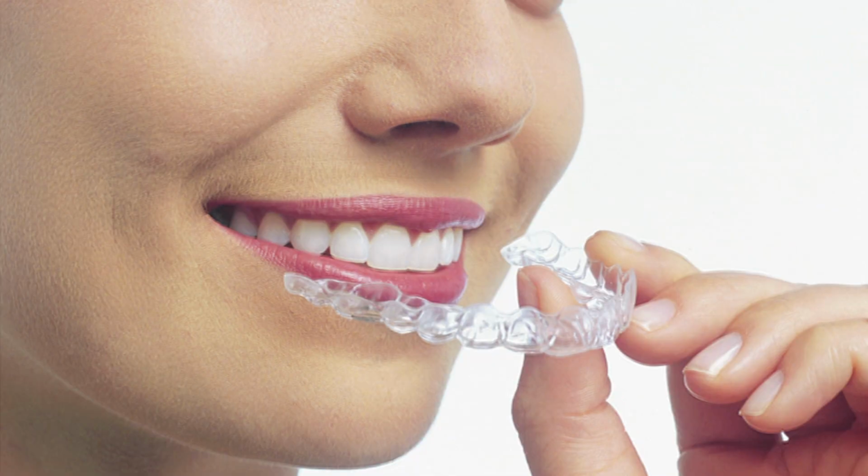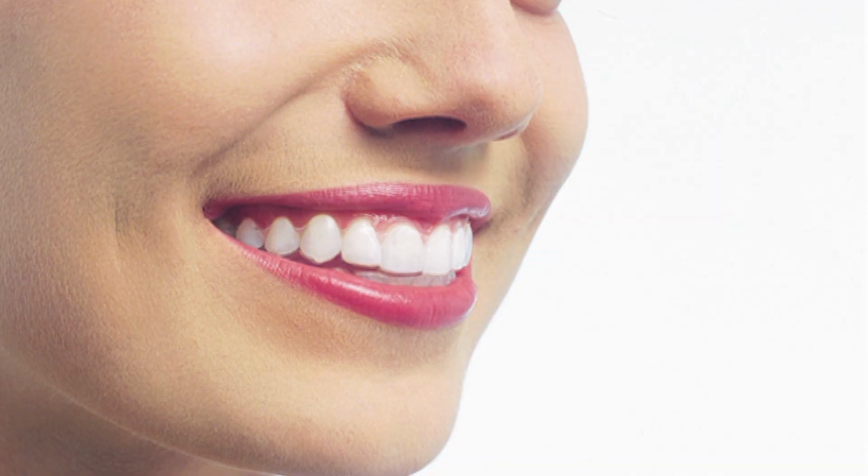You wear the first set for 2 weeks, take them out, then you wear the second set. Take them out, you wear the third set. So it's really easy. Invisalign numbers them, because a lot of people can get confused. Aligner 1, aligner 2, aligner 3, and it just goes all the way through how many aligners you need. Some people need 12 aligners, some people need 16 aligners, some people need 20. It just depends on how crooked your teeth are and how long it's going to take